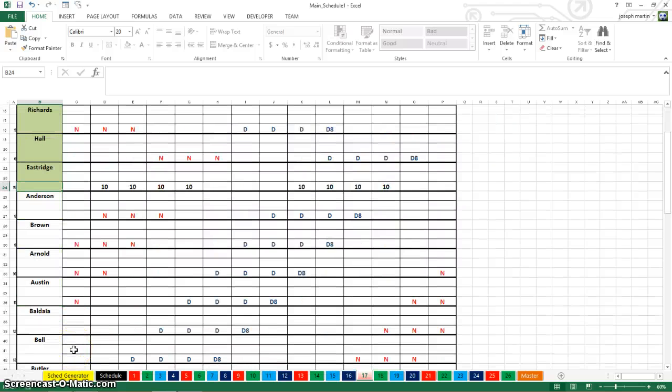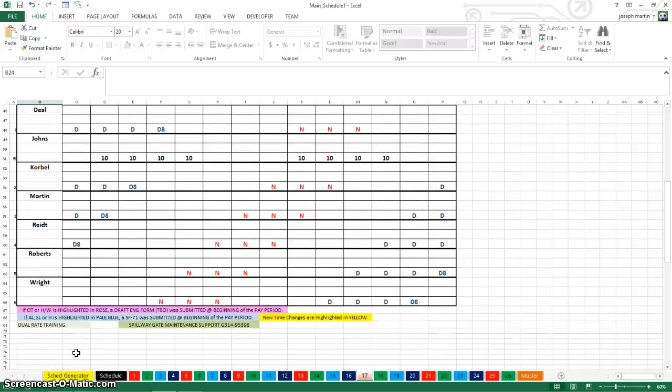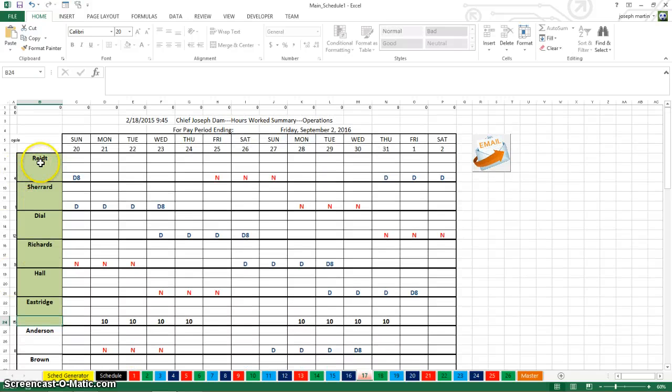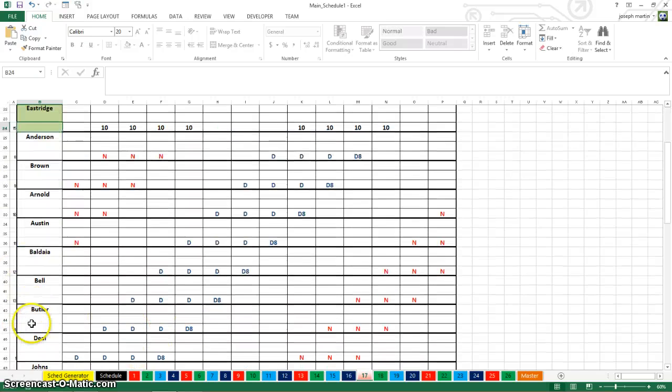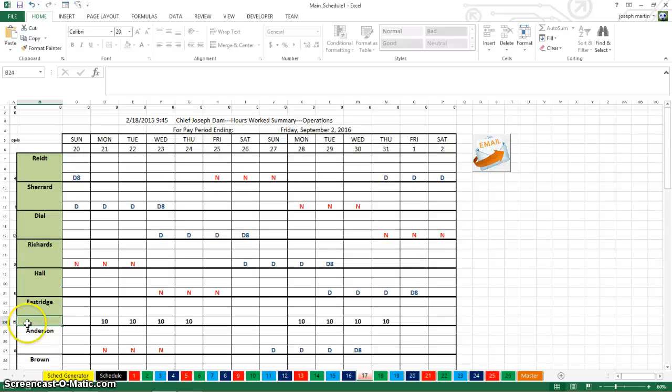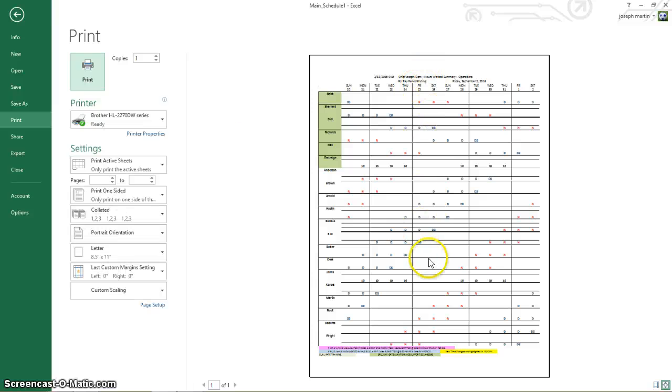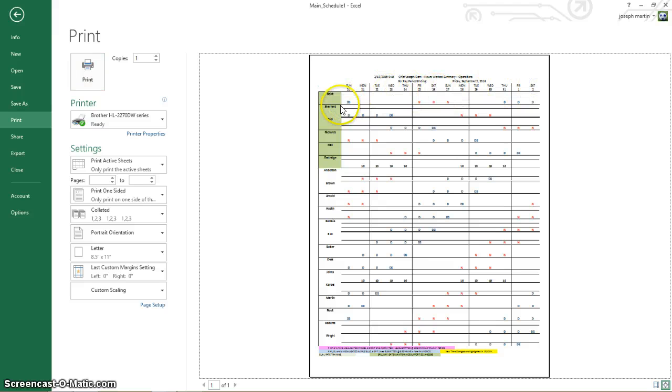Let's see, what else does it have in there? So it keeps track of everybody. I put the Chiefs in the top and the E grades in the bottom. And if you just want to print this, I have the margin set up so it'll print one page. I set it up here on my home computer. I don't know if it'll work the same on the work computer, but I hope so. So that's Sunday through Saturday. Okay,